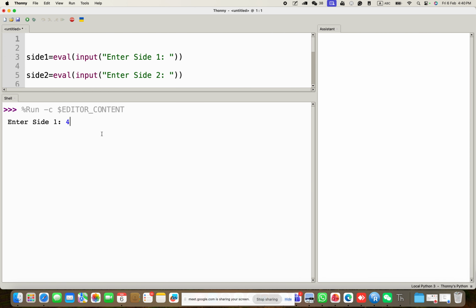4, 3, 7. Invalid. If it's equal, it will be invalid also. It has to be greater. Okay, so 4, 3, 6. Valid triangle, and well done. And with this happy news,